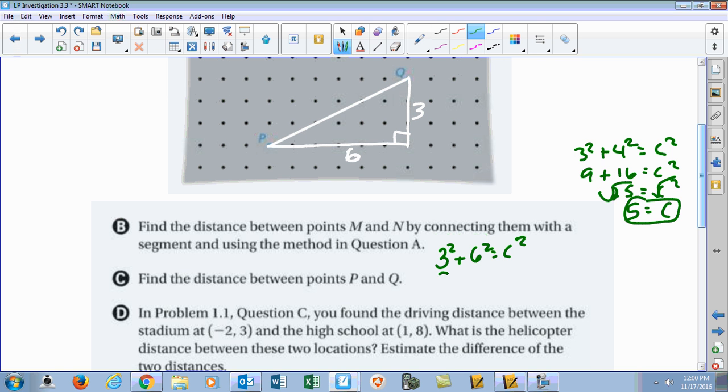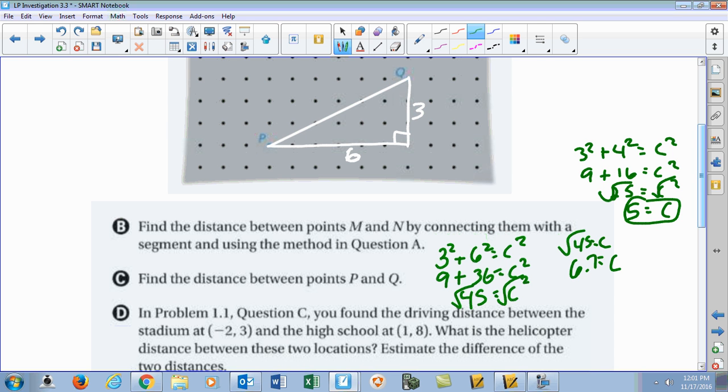And then 3 squared is 9. 6 squared is 36. Okay, 9 and 36 is 45. And then to isolate c, we're going to square root both sides. So we get the square root of 45. And if we want to break that down, we know that 7 squared is 49, right? So it's a little less than 7, 6.78,